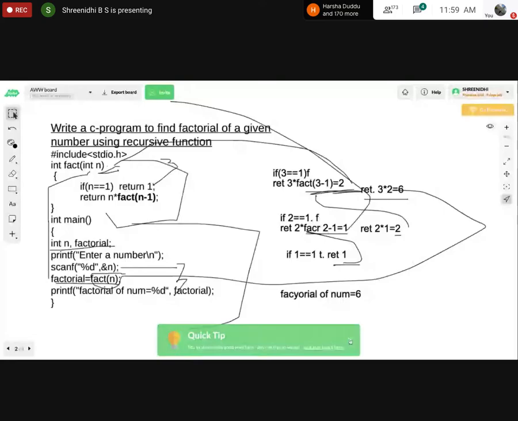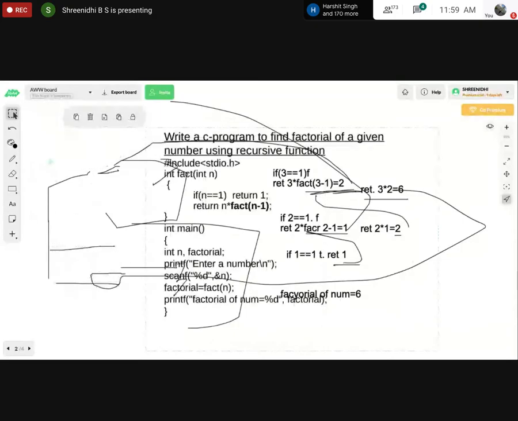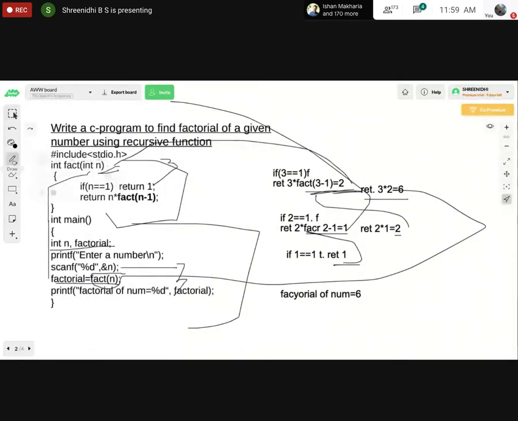Understood how this factorial function works? This is a factorial function and this is your recursion function. This entire function has been called 3 times here. When this condition is true, only then this 1 will return. Otherwise, it will recursively call the same function. This is a direct recursion. So I am calling the same function until I get return 1. This is for n equal to 3, so the function has been executed 1 to 2 times. If it's n equal to 5, n minus 1, 4 times this function will be executed. Understood this?